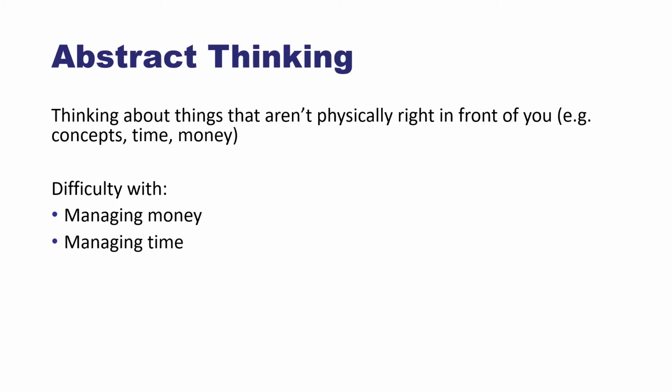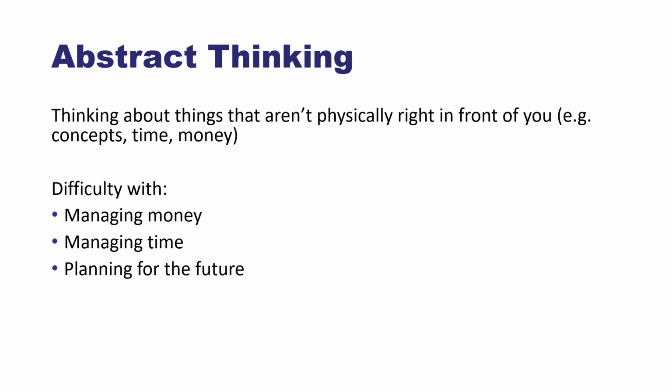They may have difficulty managing time, planning for the future. Seeing the future, that's abstract because it's not really in front of us. And you could see now why things like consequences, like if you do this, then this will happen, could be problematic for someone with FASD, how they may not really understand what that consequence will be. If someone tells us, if you do this, you're going to go to jail, some of us are able to see and feel what jail might feel like, right? A terrible place.